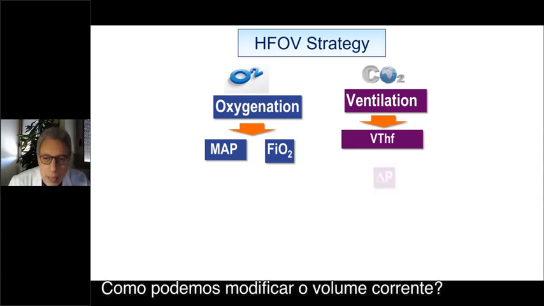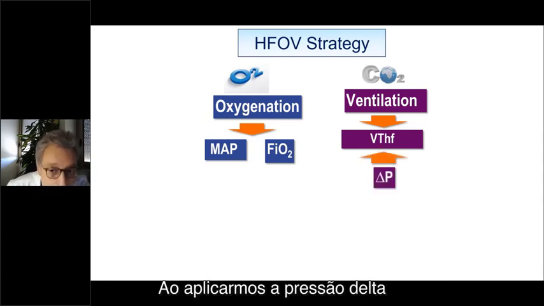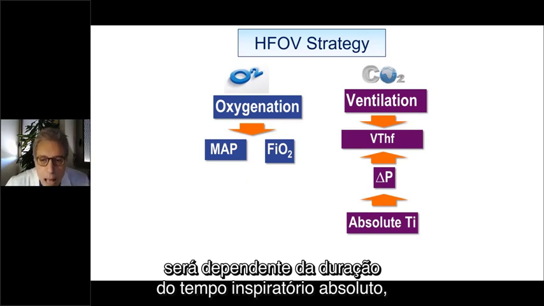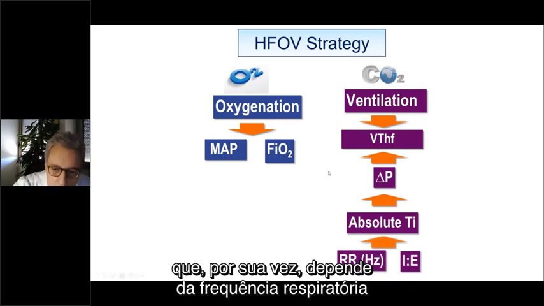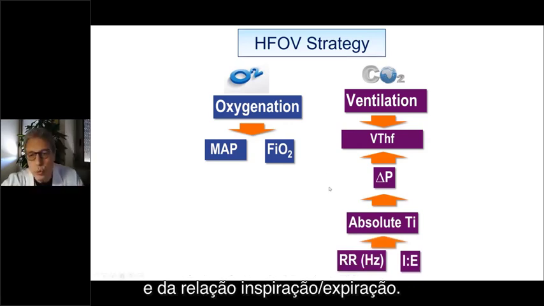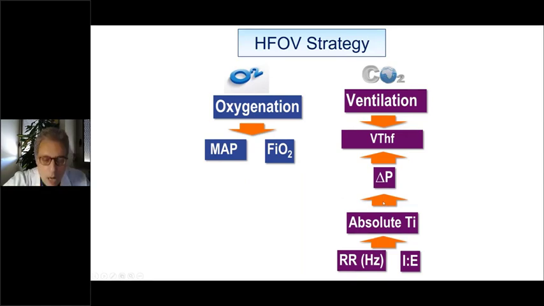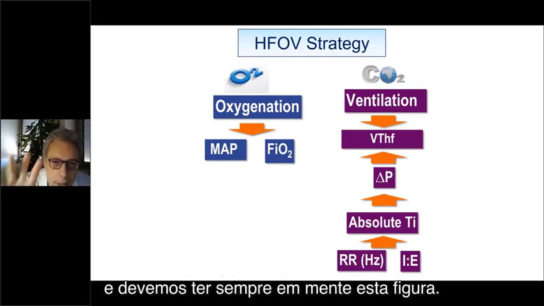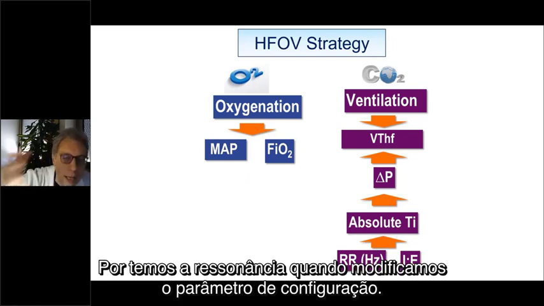And then we have to modify the tidal volume. How can we modify the tidal volume? By applying the delta pressure. And we know that the delta P will be dependent on the duration of absolute inspiratory time, which in turn depends on the respiratory rate and inspiration to expiration ratio. This is the physiology underlying the use of high frequency, and we always have to keep this figure in mind,